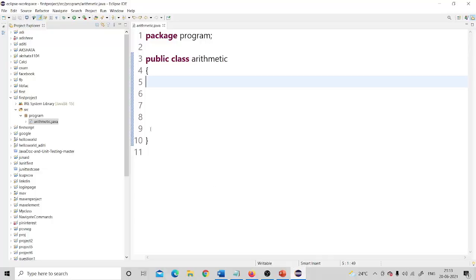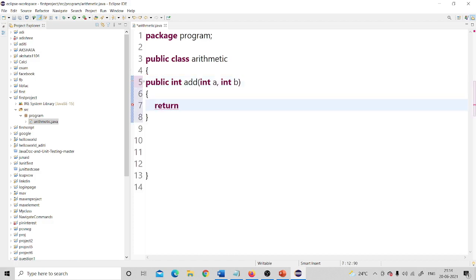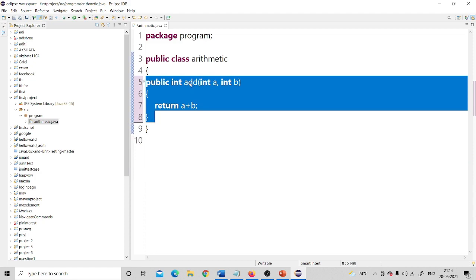So go to Eclipse again and now I'll create one function: public int add. I'll take two parameters inside it, int a, int b, and will return the answer. a plus b will give you the addition of the two numbers a and b. So this is a small test script I have written to add two numbers. Now I want to test this add function. The add function is of type integer, it takes two parameters a and b, and I am adding those two parameters. Now I want to test whether the function which I have written is correct or not.